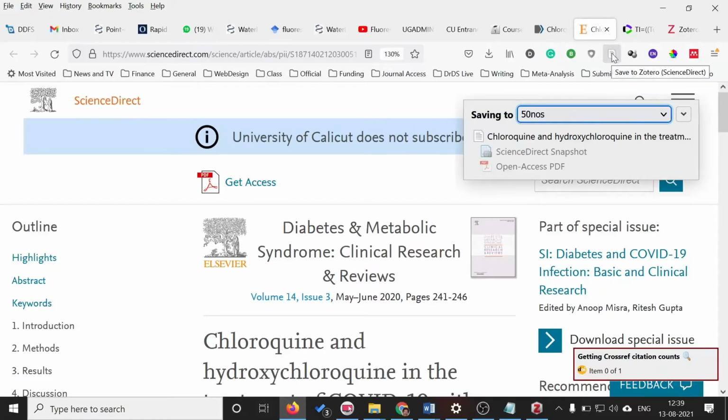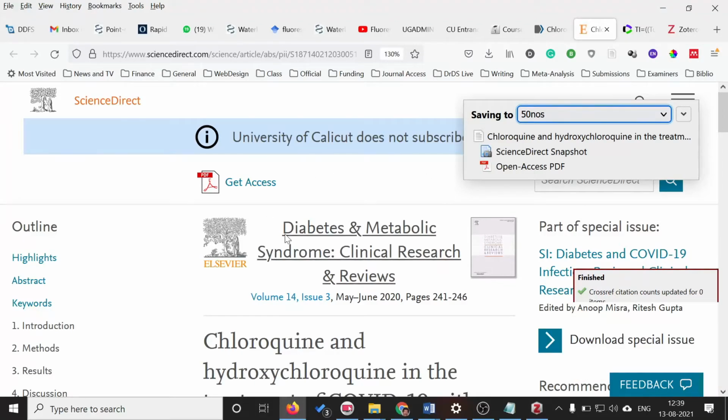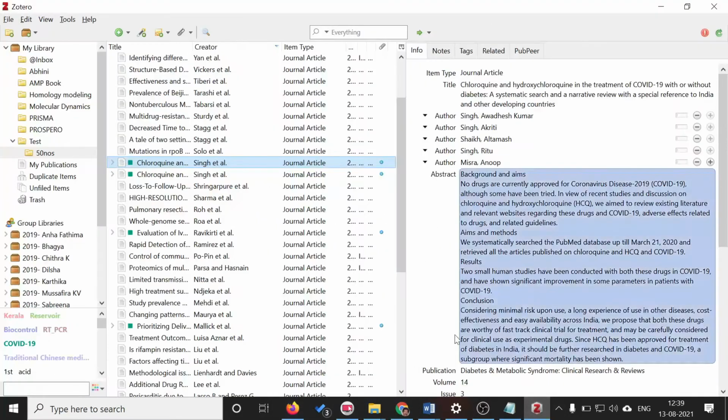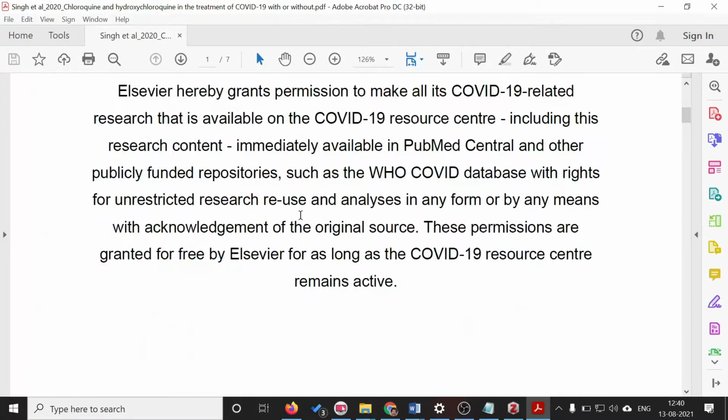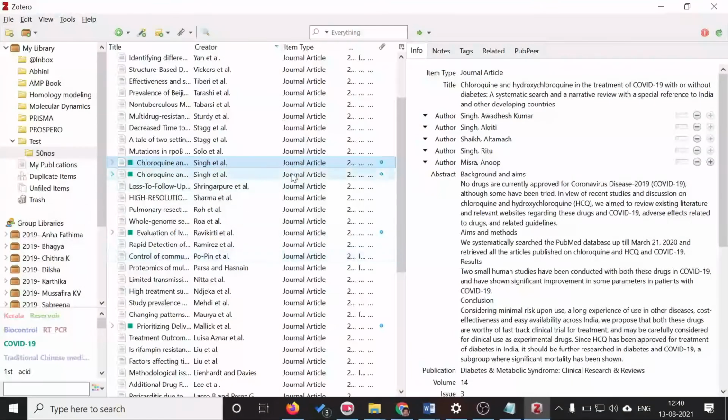By just a single click on this one, it will be saved in the library along with the original PDF, because it's an open access article. Since it's an open access article, you have free access. So by a single click on this button, this article is now saved in the database with a copy of the PDF. Okay. The copy of the PDF is now available here, and that can be opened. Full text PDF is now available for you to read by just clicking on this link. Is it clear?